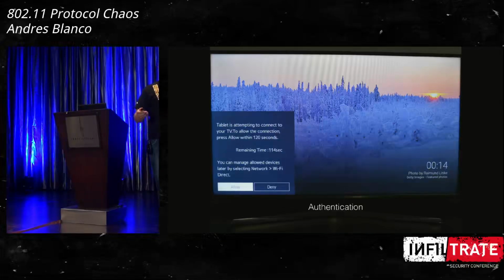Or you shouldn't be able to connect to the device, and the owner of the TV is not going to be able to notice you are connecting. So it shows you this type of message on the screen, saying a tablet device is trying to connect, and you can allow or deny it with your remote control. We know that the remote control is really a secure device that cannot be impersonated by anyone, so it's pretty secure. But besides that,